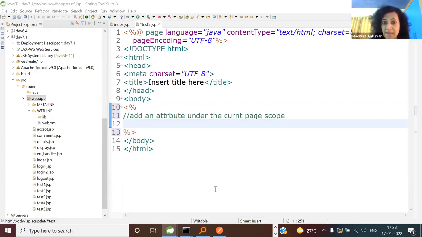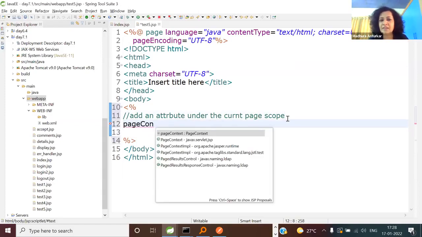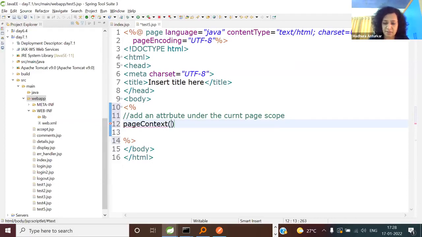Why were people saying page and page scope? I don't know. I've said this already. The API invoker object which represents the current page is page context. So start with that. I'm not interested in the actual name and value. So you can say something like name 1, and value can be 1, 2, 3, 4.